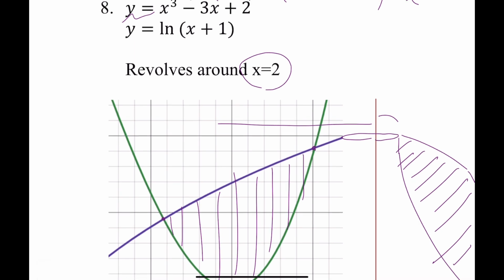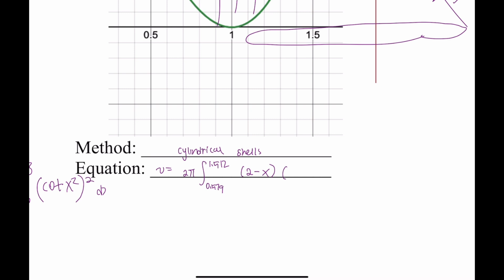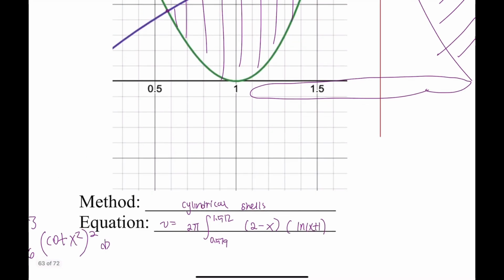So it's going to be ln x plus 1 minus x third, and then minus 3x plus 2. This whole thing is going to be our height, and this is going to be our radius, so dx. So this would be